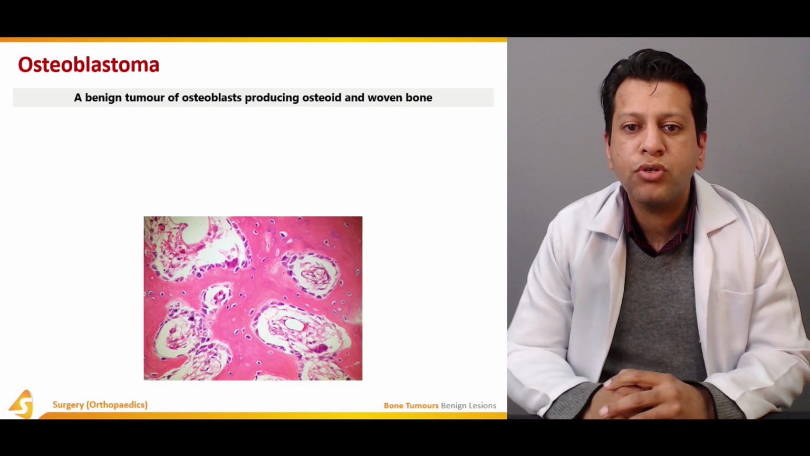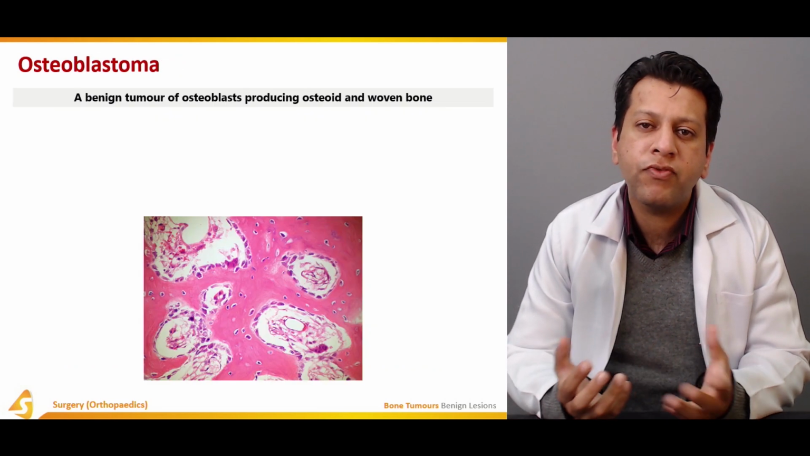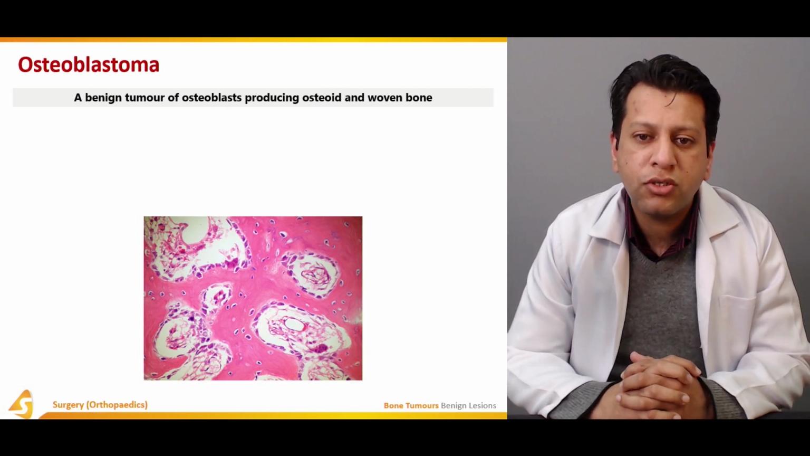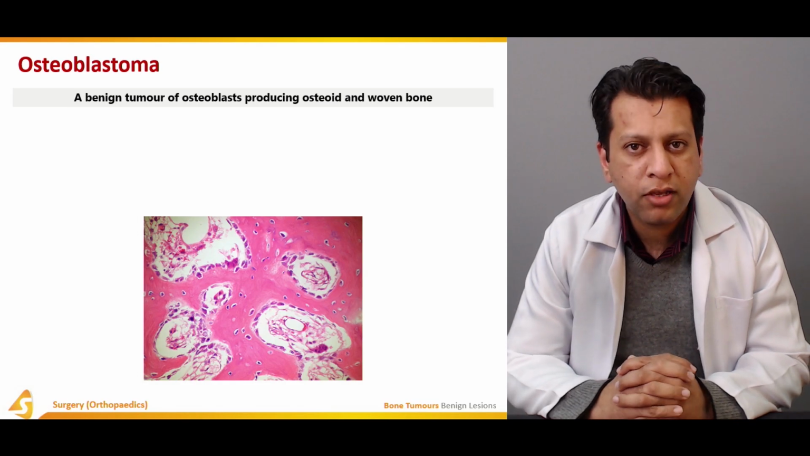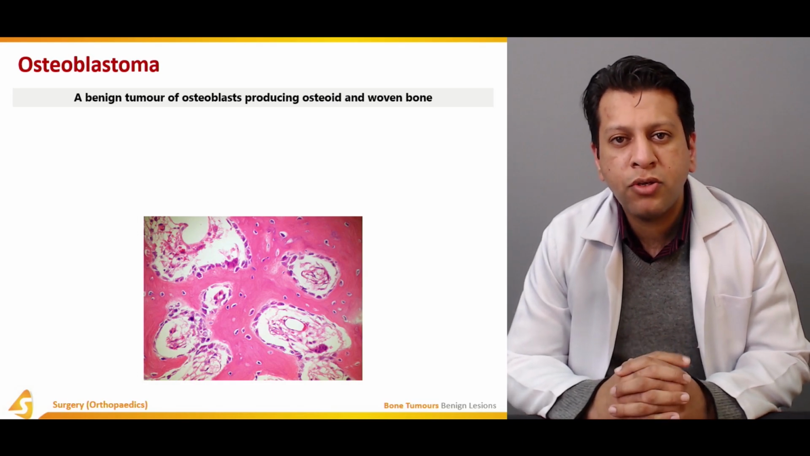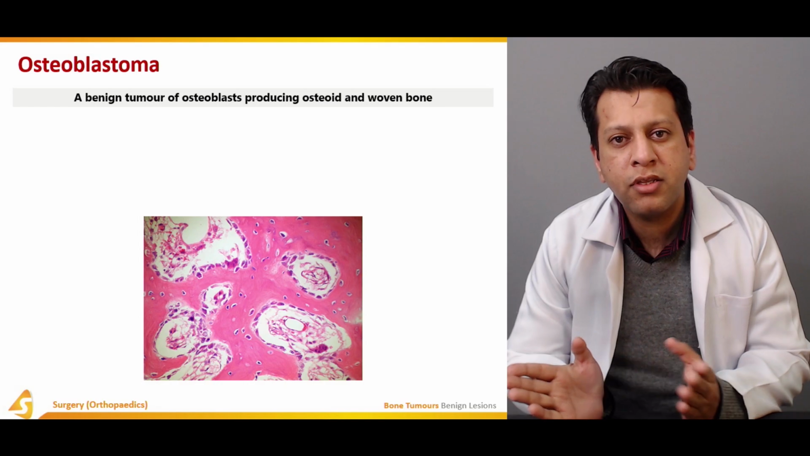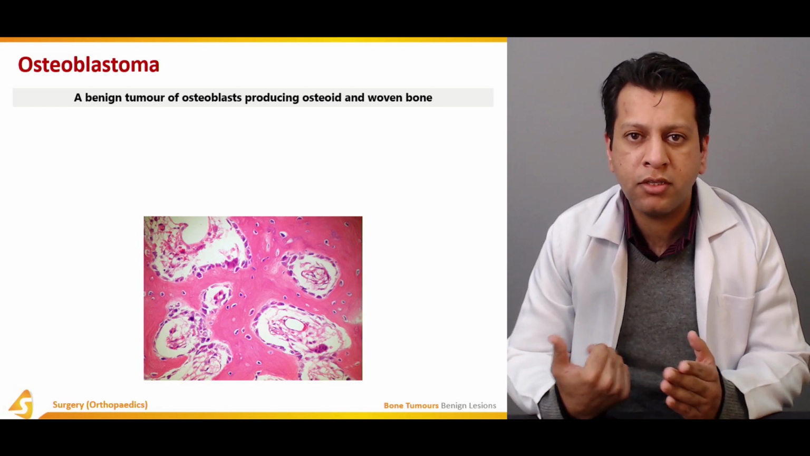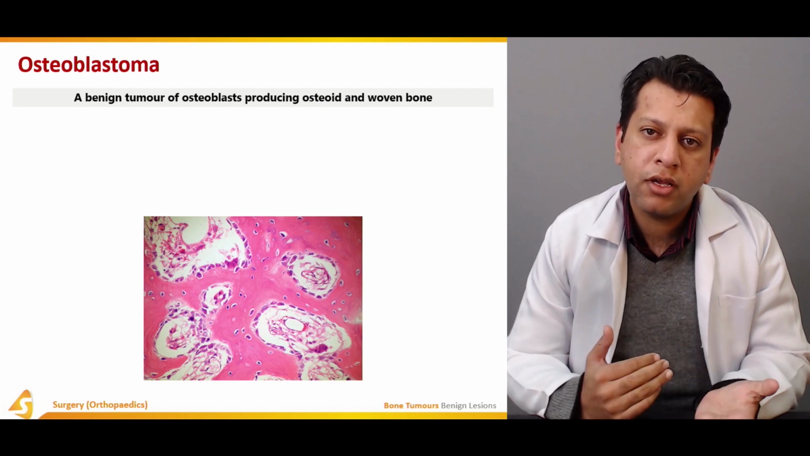Now coming to the osteoblastoma, it's very similar to osteoid osteoma, but there are certain differences as well. It's also a benign tumor of osteoblasts, but osteoid osteoma is more common in the peripheral region, for example the proximal femur and proximal tibia. But in case of